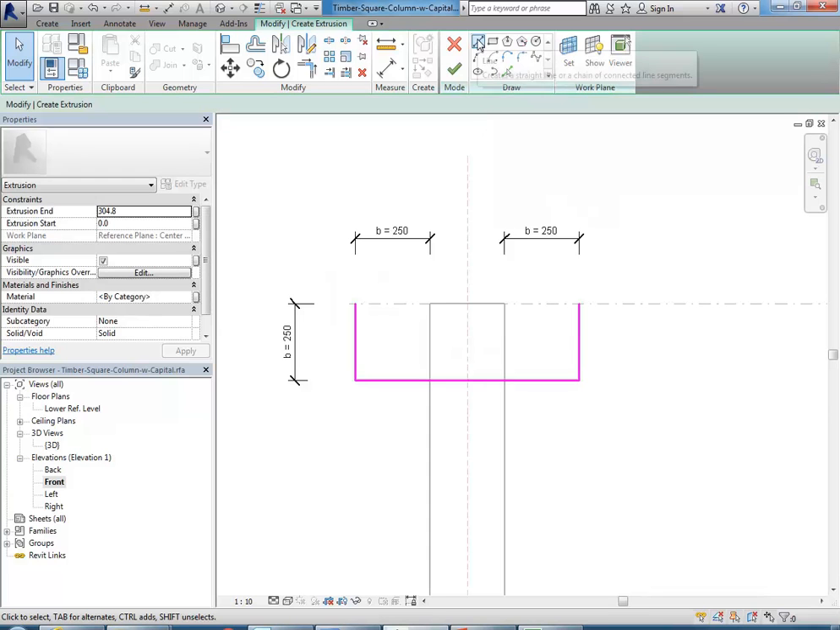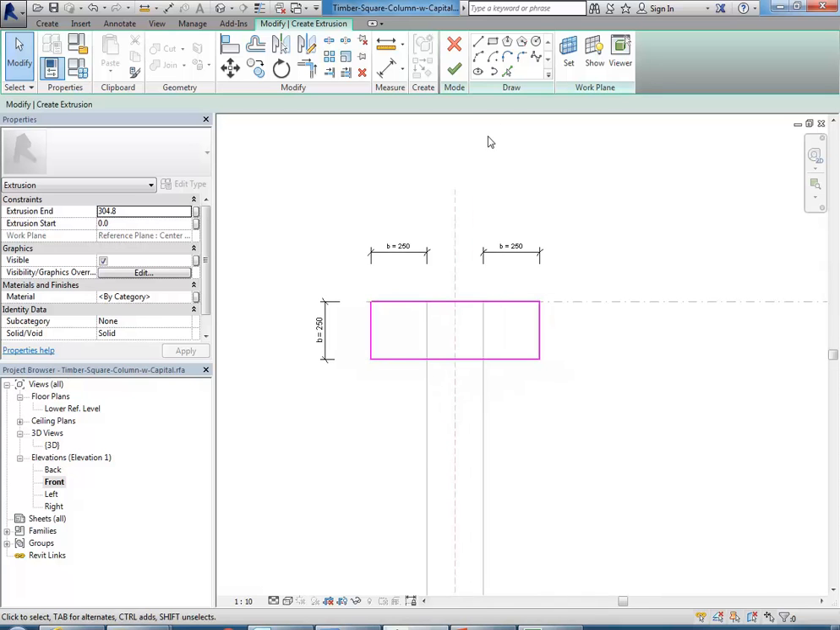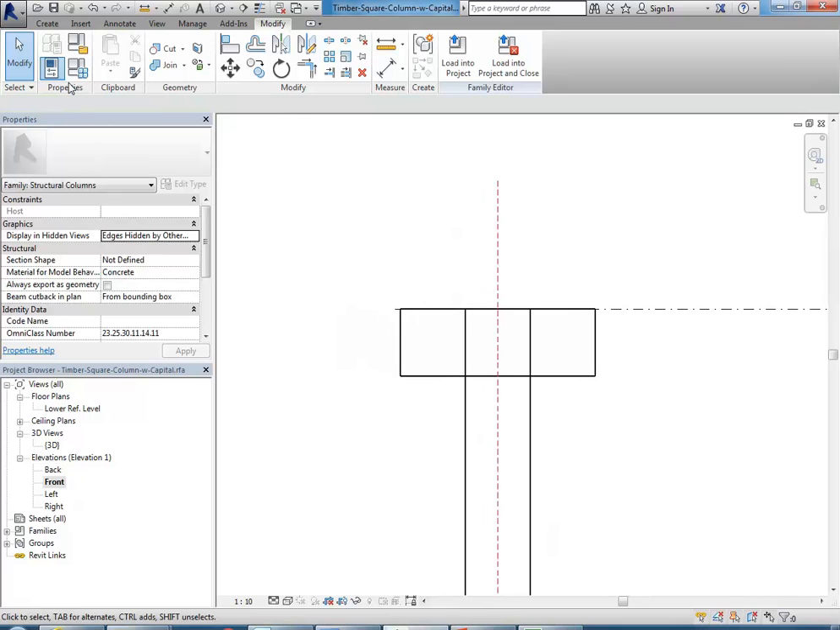So I'm just going to draw a line across the top, and I'll use pick lines actually to do this. So I'm just going to use pick lines in the draw panel there, turn the lock option on, and then pick my reference level. Trim them together. Okay, so I'll finish that as it is, and just show you now, if I go to family types